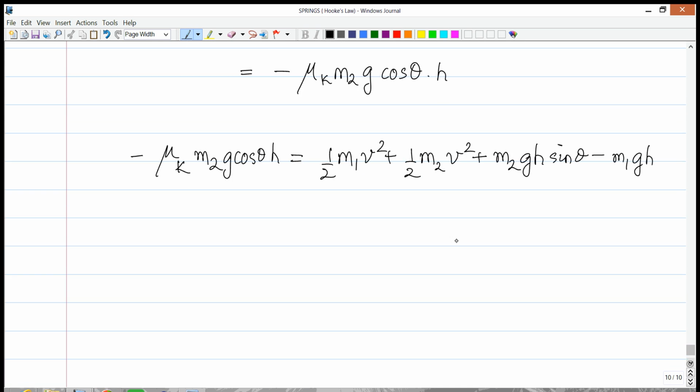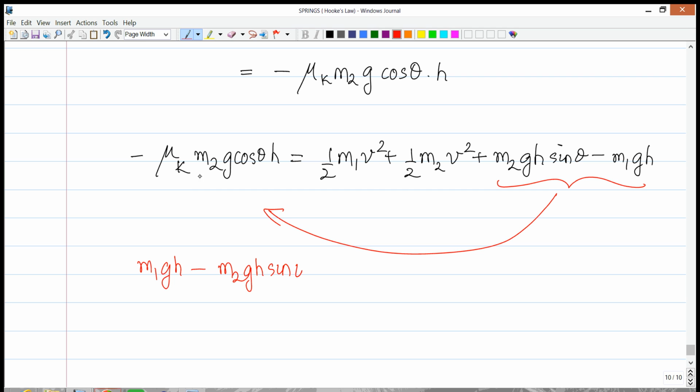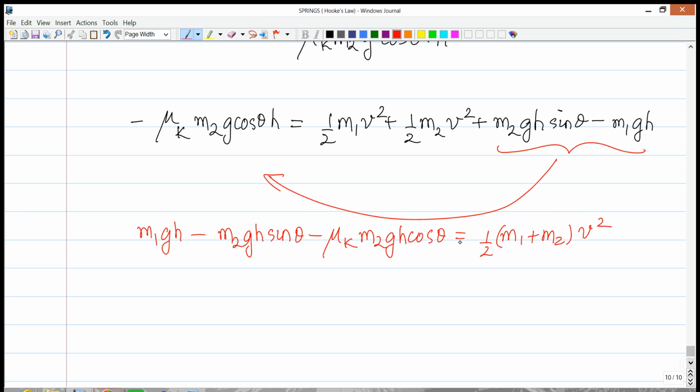Let's move all the terms other than the v's to the left hand side, which means we're going to take all these and move them here, and what we're going to end up getting is m1 g h minus m2 g h sine theta minus mu_k m2 g h cosine theta equals 1/2 (m1 plus m2) times v squared,